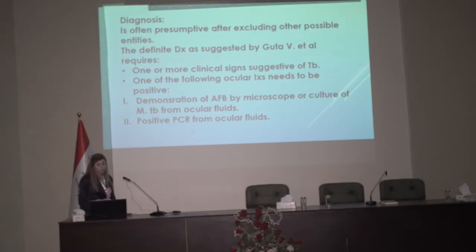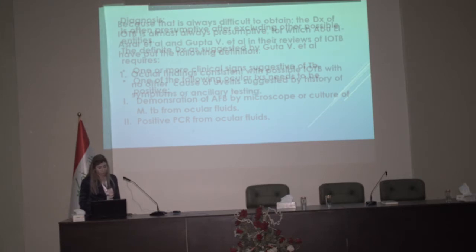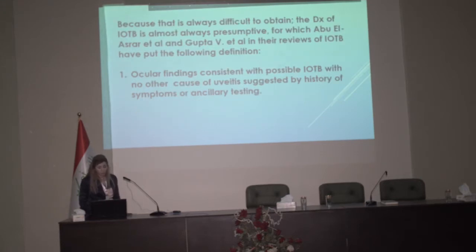The diagnosis is often presumptive after excluding other possible entities, and the definite diagnosis, as suggested by Gupta et al., requires one or more clinical signs suggestive of TB. One of the following ocular investigations needs to be positive: demonstration of acid-fast bacilli by microscope or culture of Mycobacterium TB from ocular fluids, or positive PCR from ocular fluids. Because that is always difficult to obtain, the diagnosis of intraocular TB is almost always presumptive, for which Abu El-Asrar et al. and Gupta et al. in their reviews of intraocular TB